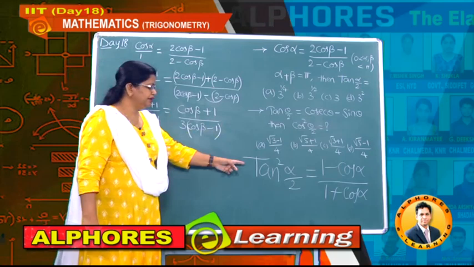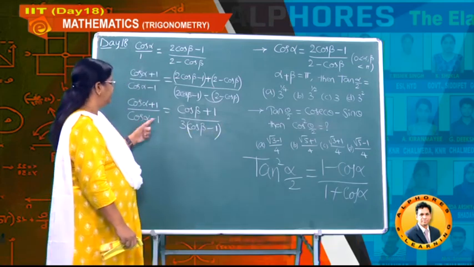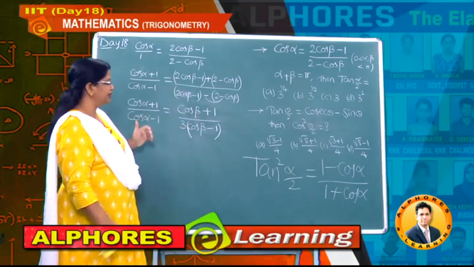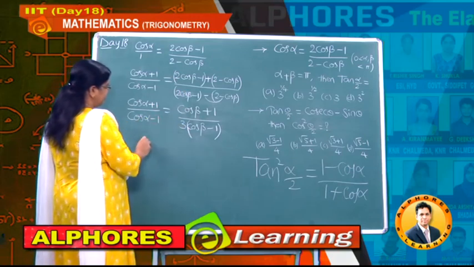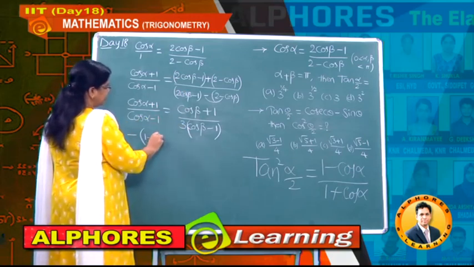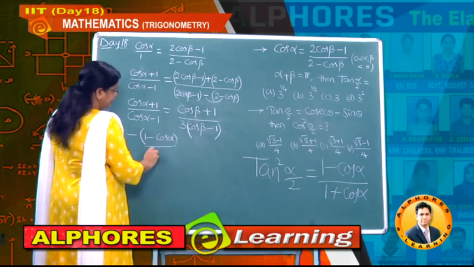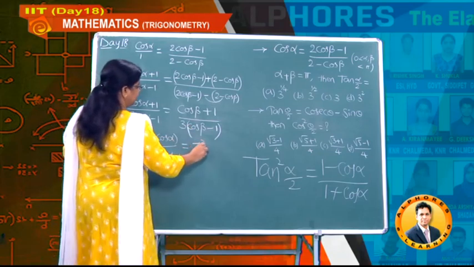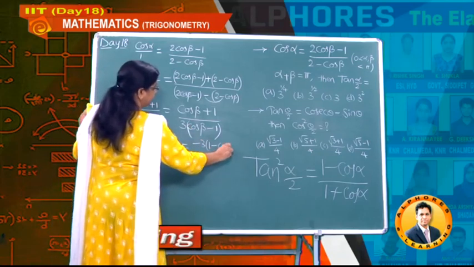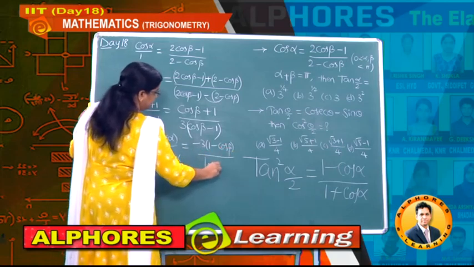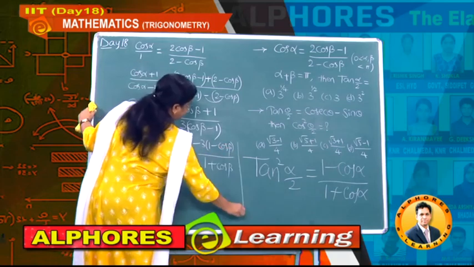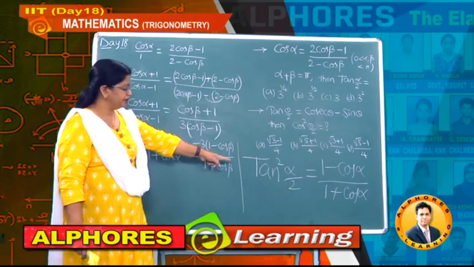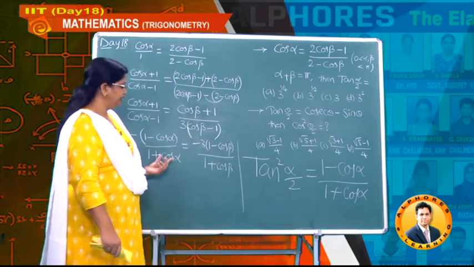Now, based on this formula, students, let us just change the sign and at the same time take reciprocals. That means I am writing minus of (1 minus cos alpha) divided by the denominator (1 plus cos alpha), and on this side again minus 3 times (1 minus cos beta) whole divided by the denominator (1 plus cos beta). Okay students, so in this way you can solve this problem because of this formula. To make use of this value, I have done it in this way.